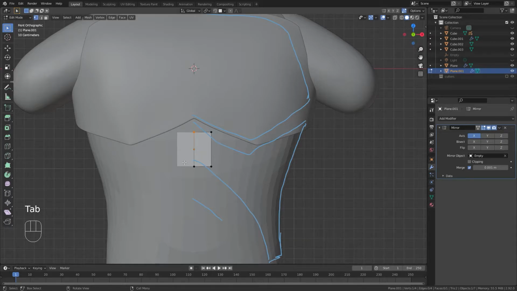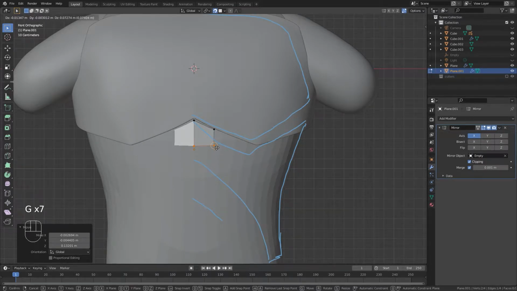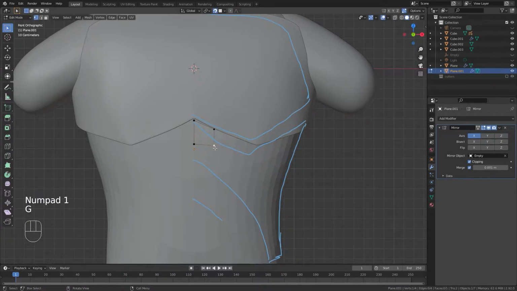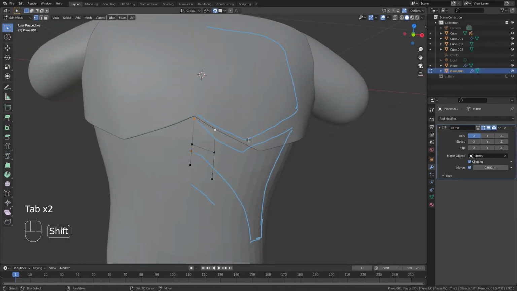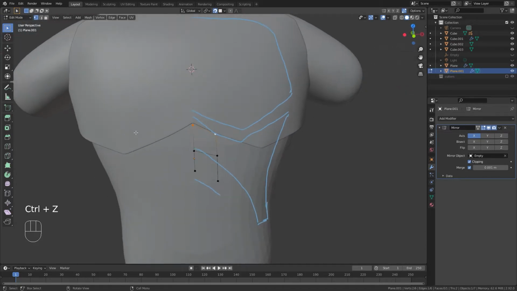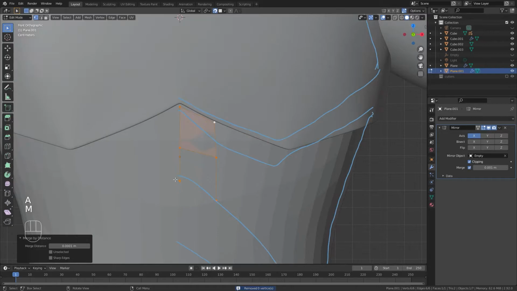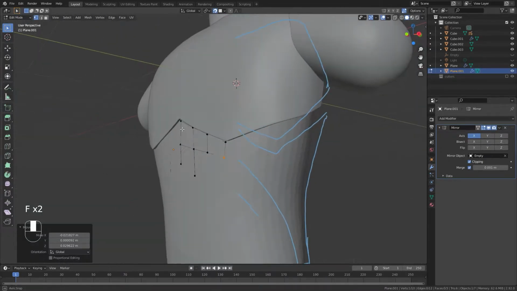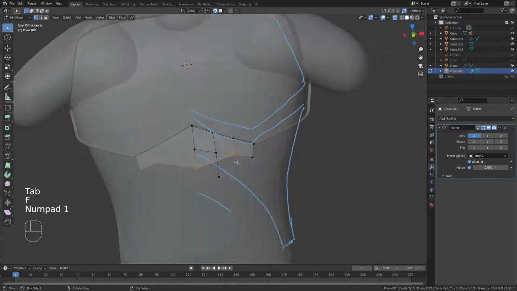So once we have done this, we will enable the snap again, and I will enable clipping as well. Let's make it like this. All right, we will use 2. We don't have a face right here, so it's not creating the face. Why is that? Merge everything by distance. Okay, so I will extrude this way. Oh, there are faces already. Okay,